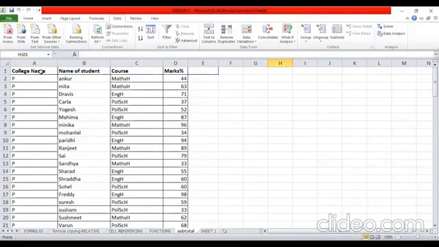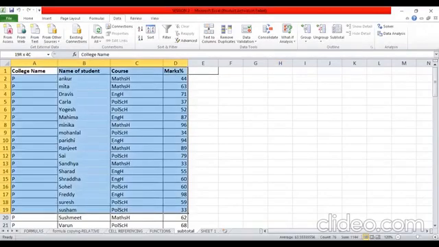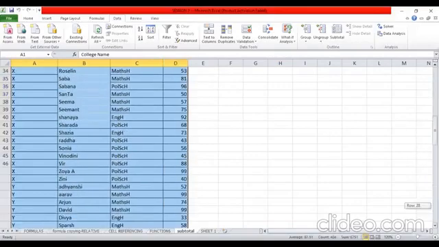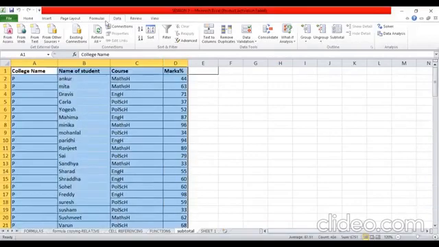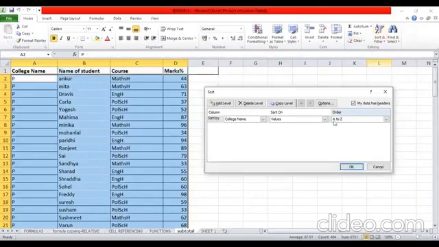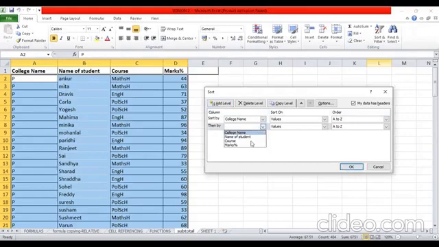So again, the first step is to sort my data on all the bases on which I want to create the subtotals. This time I will be sorting it on multiple bases. Going to Home tab, going to Sort and Filter, Custom Sort. One level is already there which I had added. I will add another level by clicking on this tab. This time, after sorting by college, the next sorting basis should be course.